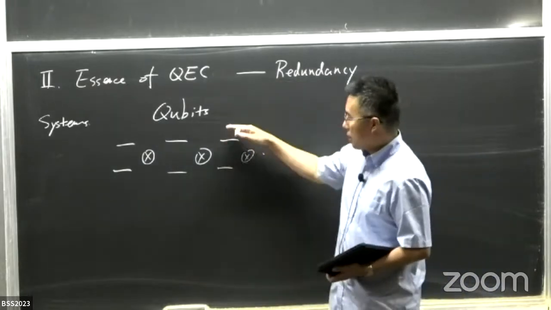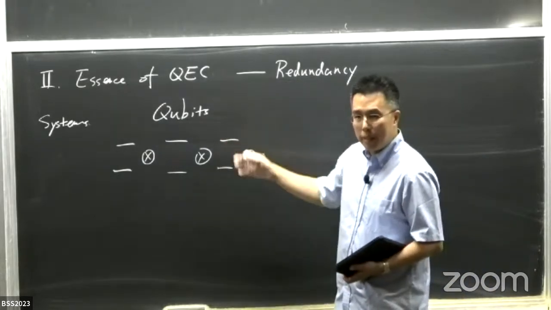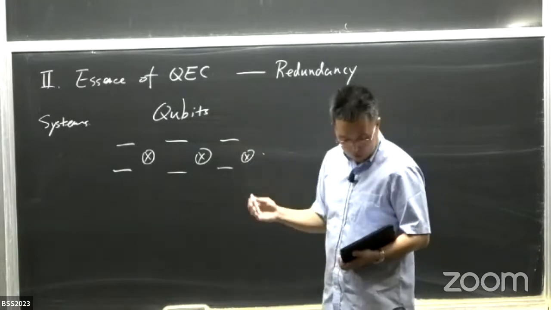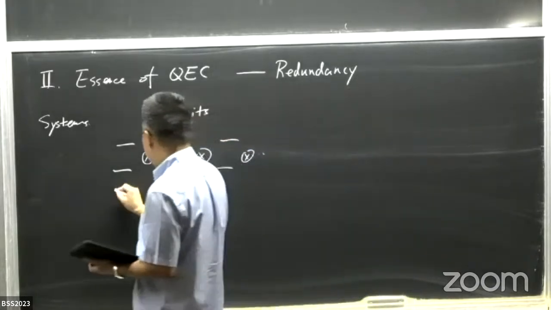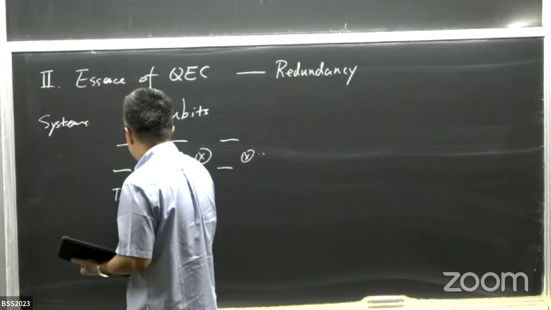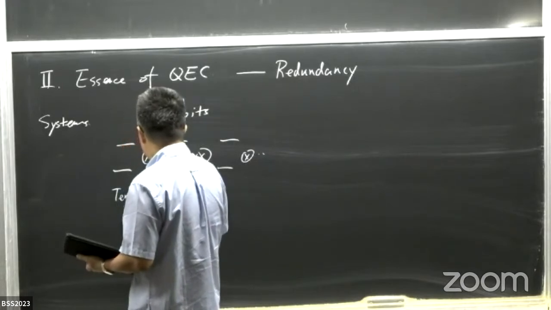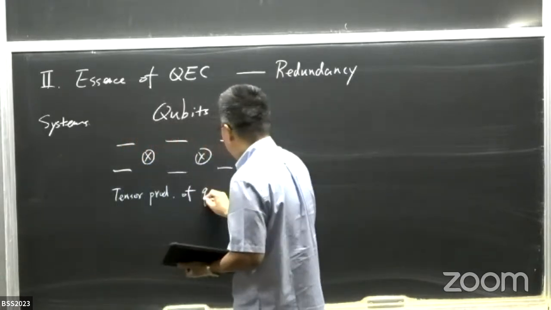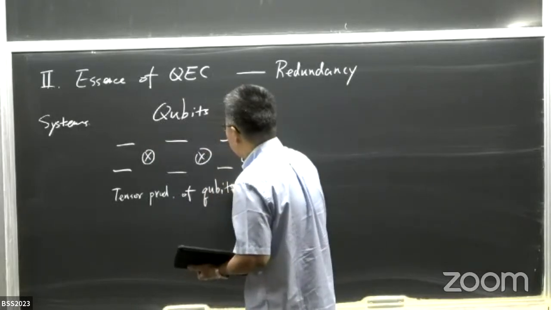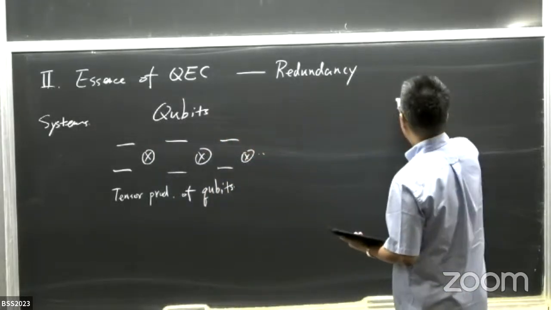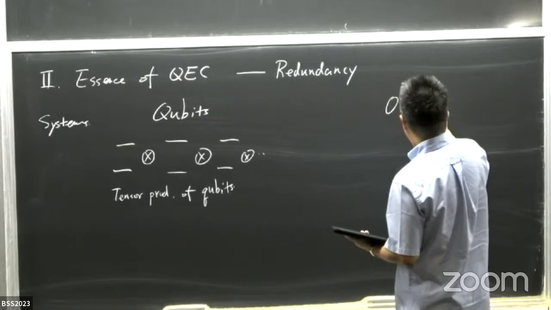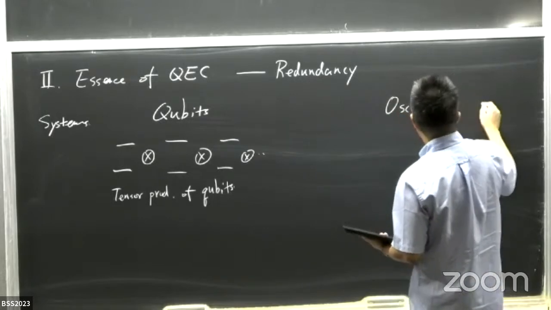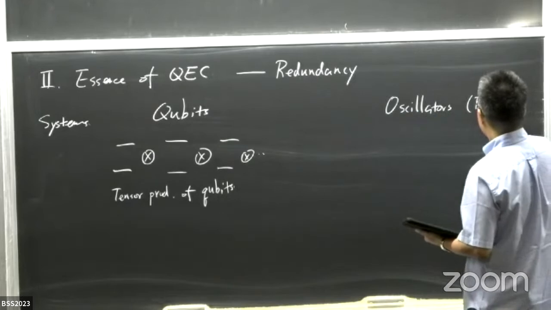That gives us a 2^n dimensional Hilbert space to encode a two-level logical space. Typically, what we do is take a tensor product of qubits. Now for oscillators, which we sometimes also call bosonic systems,